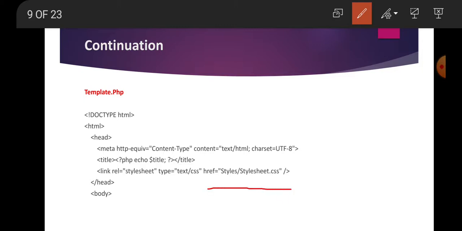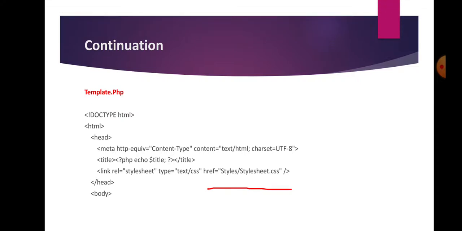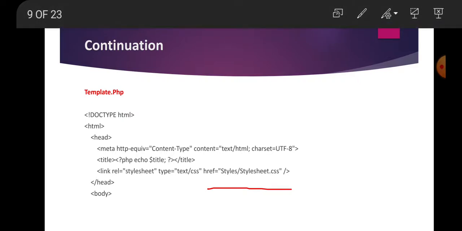Here href equals style/stylesheet.css. Okay. Next, wrapper, class name wrapper. Next, another class named banner. Next, navigation, the ID is named navigation.